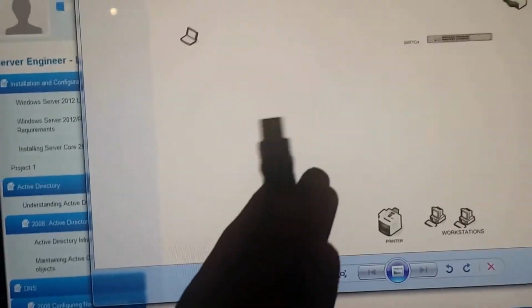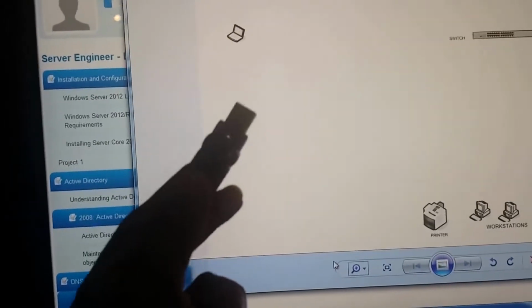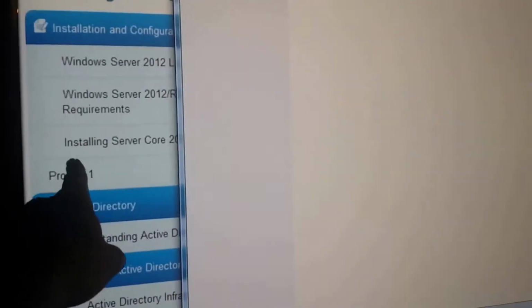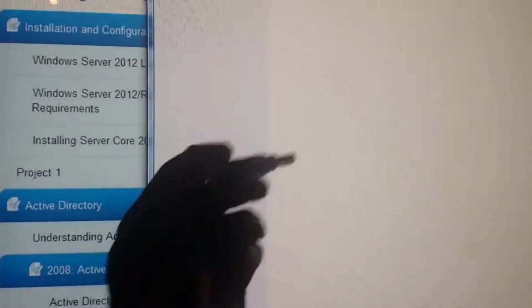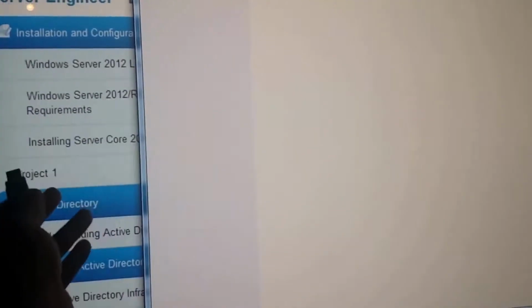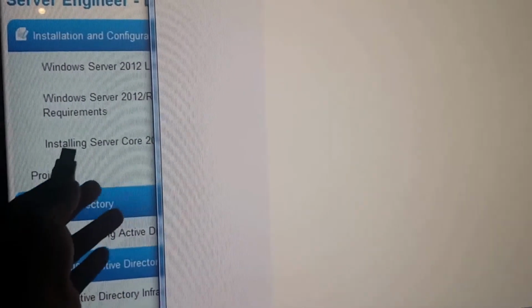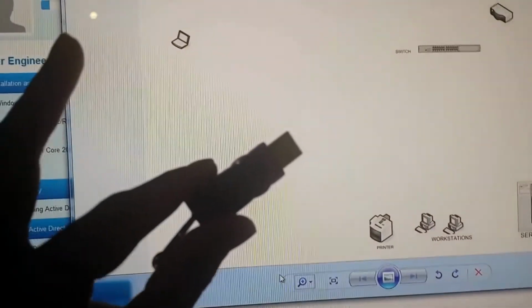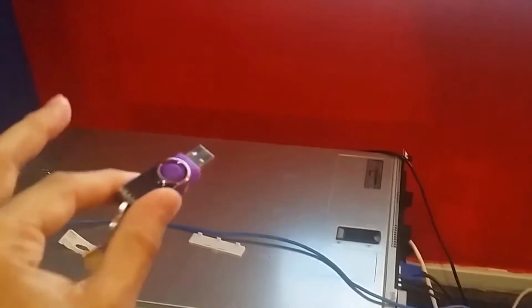This right here, this USB, I have created it. So what you are going to do, there's going to be another video right here, preparation for the server through USB. So you're going to see something like that. After you're watching this video right now, you have to watch that video to see how I created my first USB so I can install it on this server, and then from there on we will create our first domain controller. Okay,